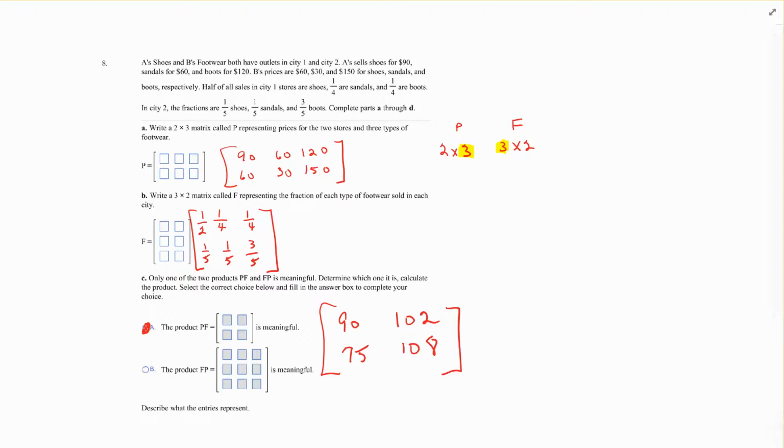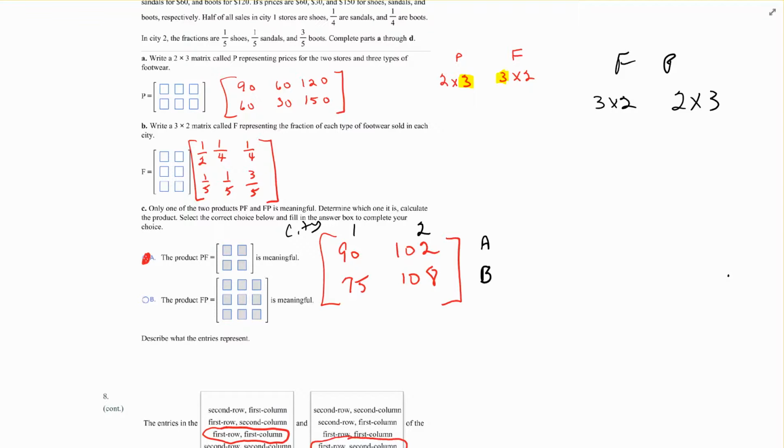Now, if we were to do it the other way around, FP, then F would be a 3 by 2 and P would be a 2 by 3. So we could multiply F times P, but let's see what this actually means and which one makes the most